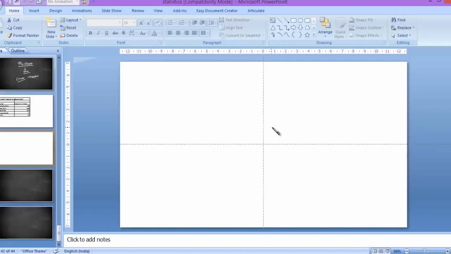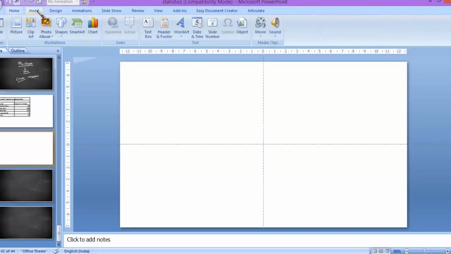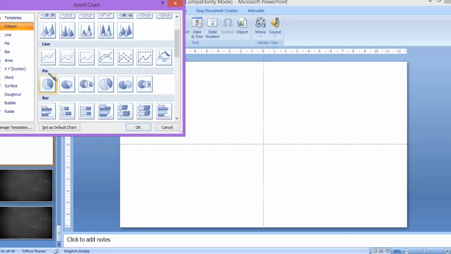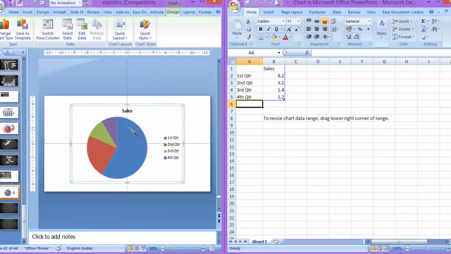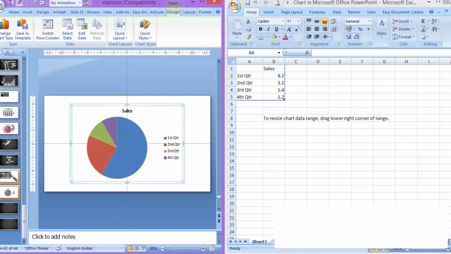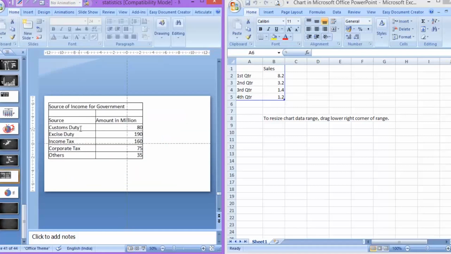Let us go to PPT, click insert, go to chart, and you have this option called pie. So select pie chart. Now you have this default chart, and you have to change the default data with the information we have in the question. We have 5 different sources and 5 different amounts, so these should come in this Excel.